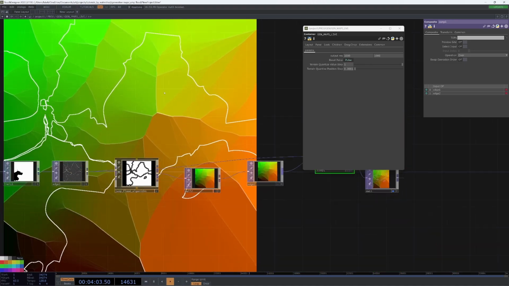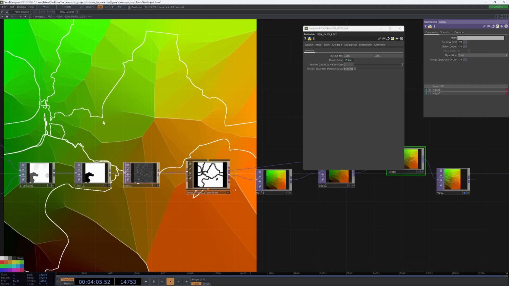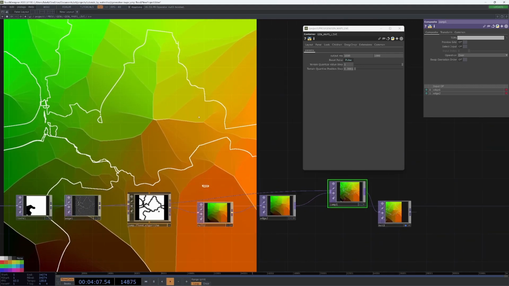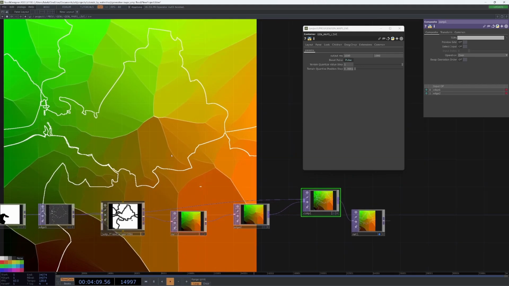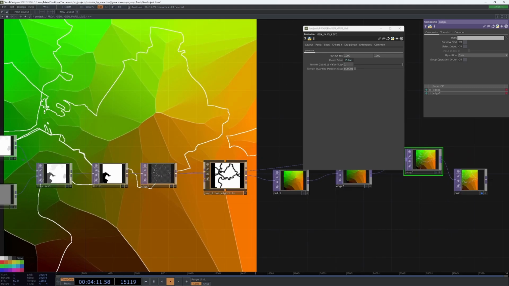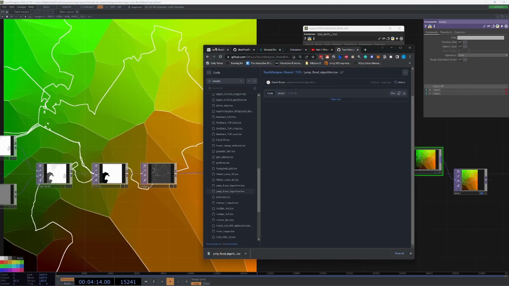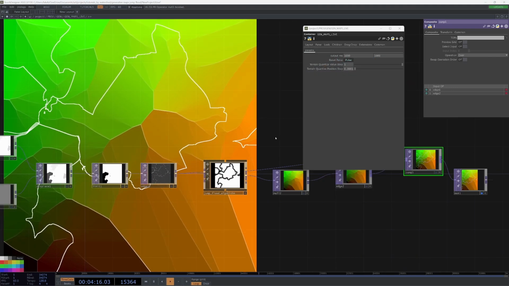It results in a pretty cool effect, and one that is immediately reminiscent of different maps. And actually, if we go back to the Wikipedia page,